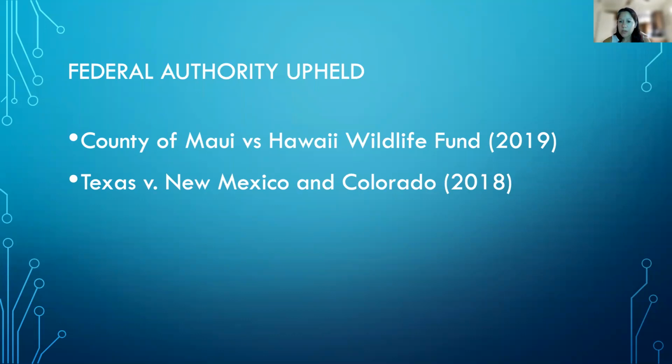The decision ultimately affirmed the federal role. The majority decision confirmed that the Clean Water Act's permitting requirement applies to direct discharges into federally protected waters and indirect discharges that are the functional equivalent of such discharges. That means that the federal authority was ultimately upheld. I just misspoke for a second. I was looking at the other slide. So in other words, they decided that ultimately the federal government was going to be